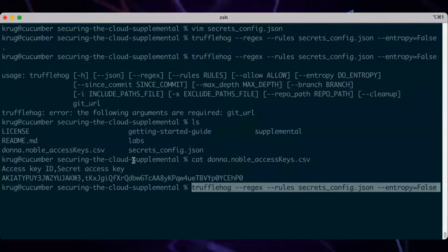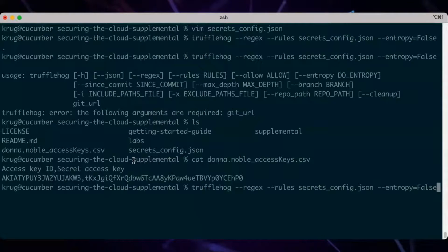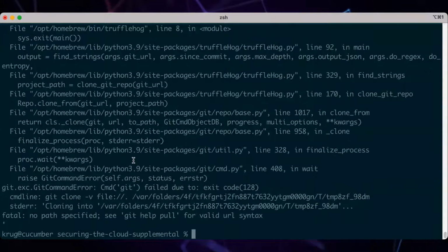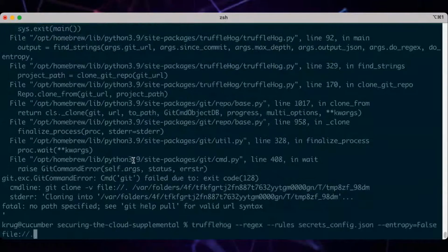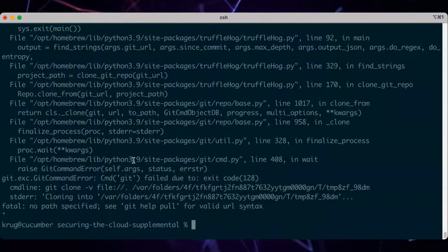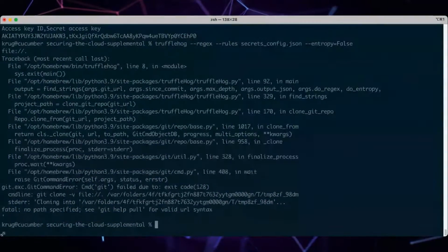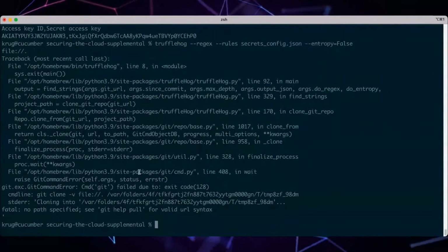Maybe it's because we haven't appropriately provided it a file path. We did get it to run once. Did we not?